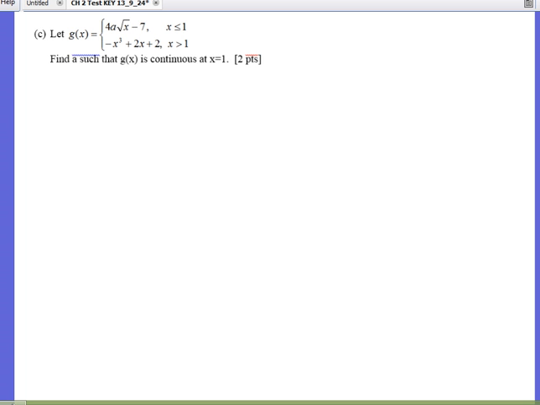Letter C, find a, and I should have italicized that. Find a such that g of x is continuous at x equal to 1. So, for a piecewise function to be continuous, you would take the left piece, because that's the y value for the left side. We want the y value of the left and the y value of the right piece to actually be the same. And we want them to be the same at x equal to 1,